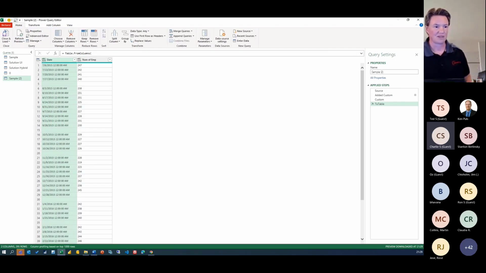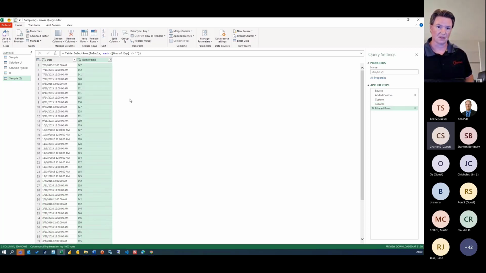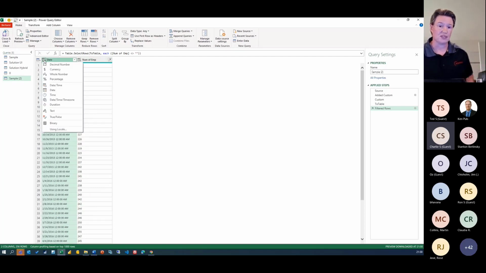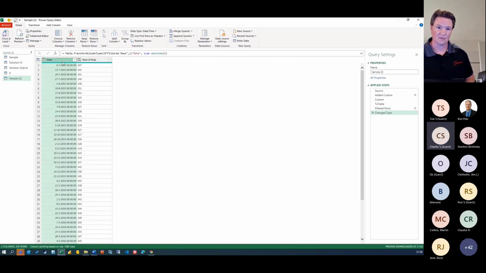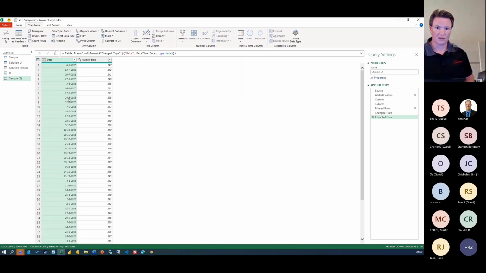Great. So the final steps of the process again: cleaning up some of the blanks here, remove those. Again, set appropriate data types. I'll choose datetime. Sorry. Yep, that's fine. And a whole number. Extract the date. Awesome. So three very different approaches to a single problem, and let me know which one you like best.